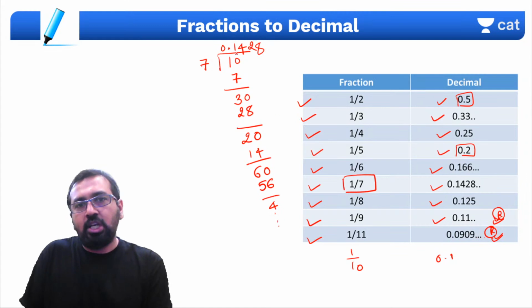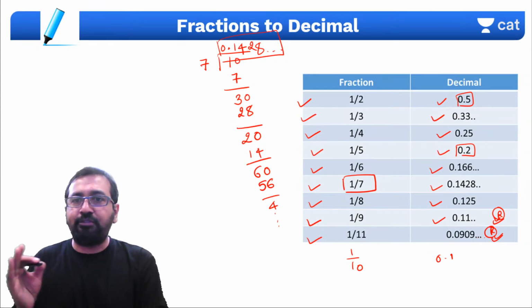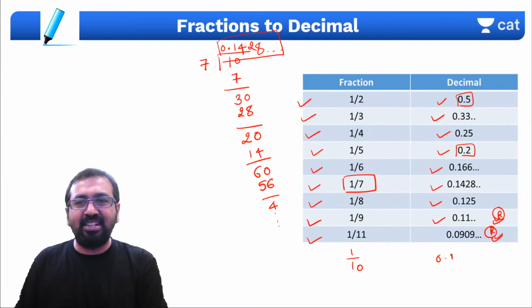This will keep going on. So ultimately the value will come out to be something like 0.1428. In case you have forgotten this division, this is a good opportunity for you to quickly recap that, because